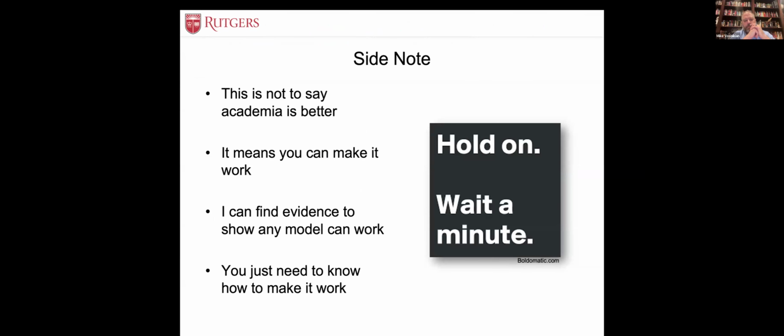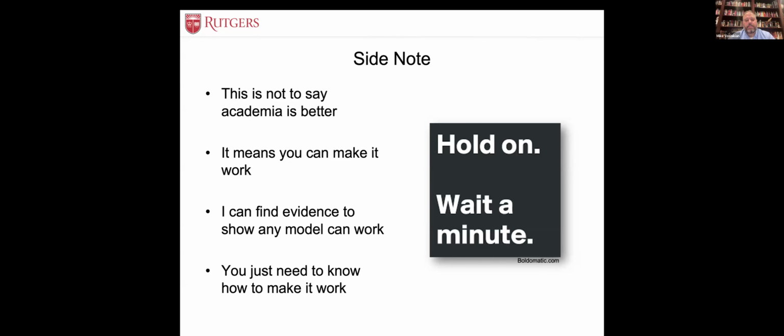It's just different. Okay. But the reason that I point all these things out is that it means you can make it work. And I would argue that the vast majority of people who have not been able to make it work haven't really stepped back and looked at what those metrics are and how value is defined at your institution and within your practice. If you don't know that and know your own world, there's no way you can make it better, make it efficient, nor can you balance anything because you don't really know where you are.